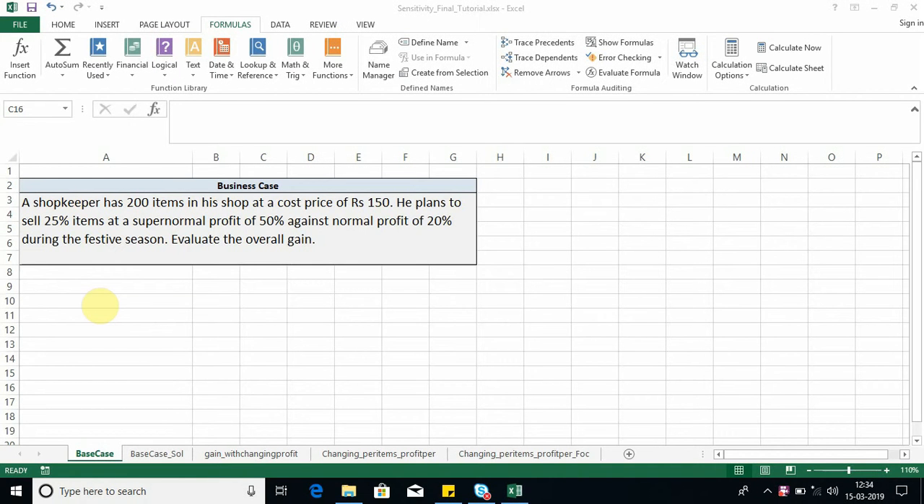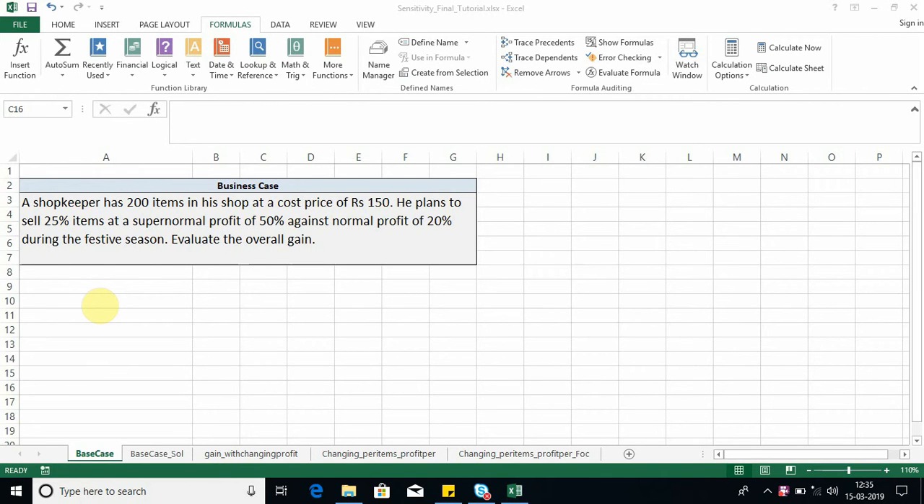Welcome to this session on the what-if analysis or sensitivity analysis feature in Microsoft Excel. A very useful tool. So we'll start with a basic business case. We'll look at its solution and then we'll keep on adding complexities to see how sensitivity analysis can help us